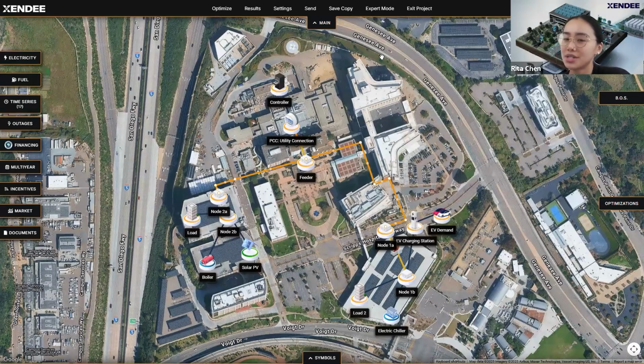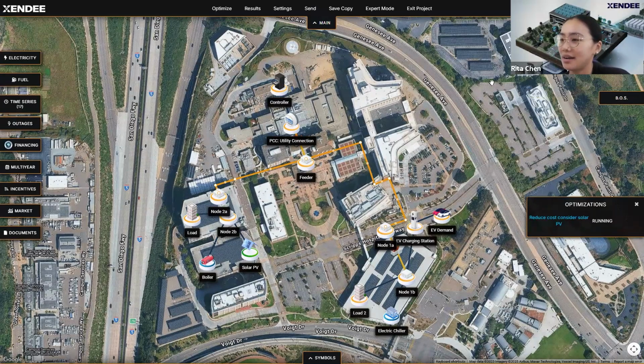Since this is a multi-node project, it's probably going to take a couple minutes for this optimization to run. And because we have Powerflow enabled, that's probably just going to add a little bit to the extra runtime. Basically, anytime you have some sort of complex analysis configuration, that's going to take a little bit longer for the optimization. For a regular single node optimization, those only take less than a minute. So while we are waiting for this optimization to run,